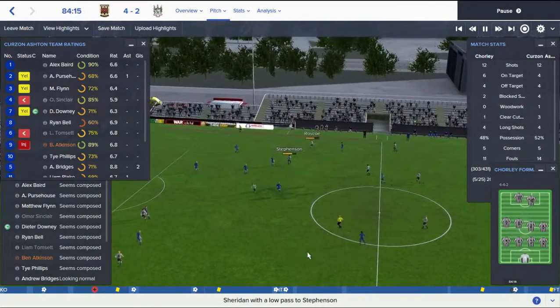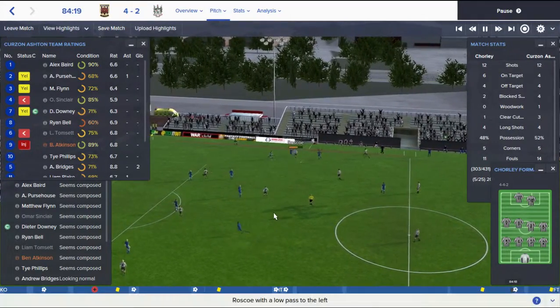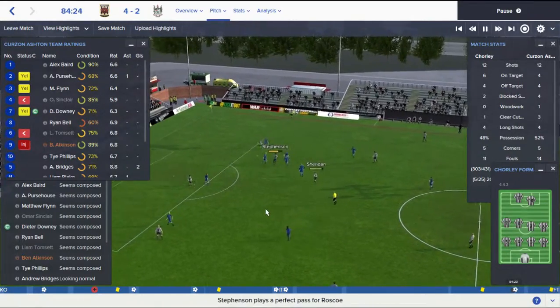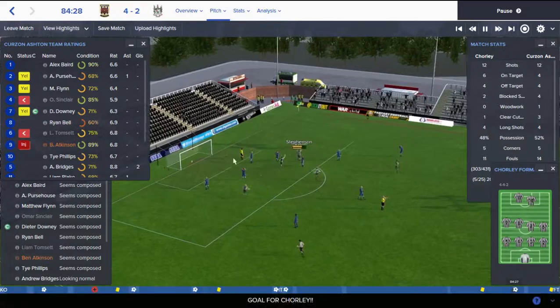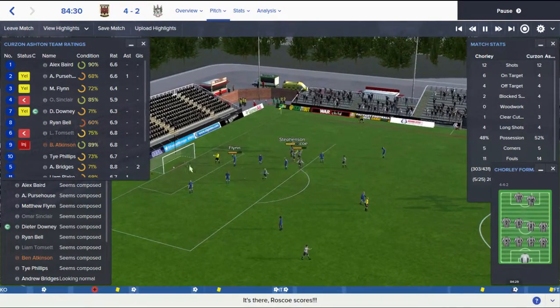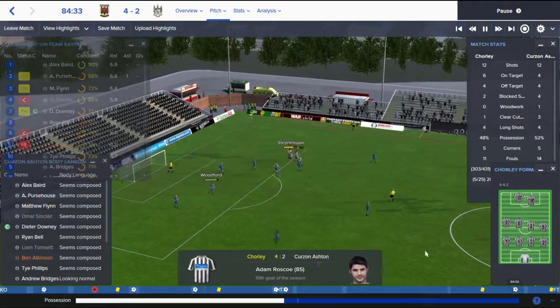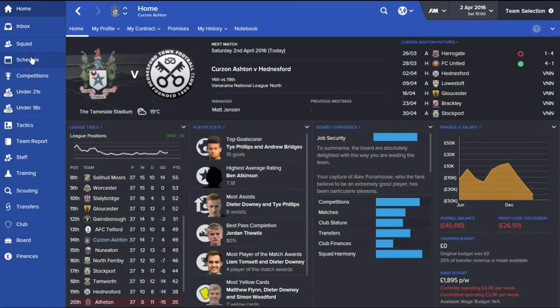And then this just for the final nail in this game's coffin. 5 minutes from time. Sheridan played in Stevenson. Roscoe was in. This is after I took Sinclair off and put Woodford in and moved Flynn across to the covering defender. Probably didn't work. I put him in at centre back even though he's a right back by trade. And that was this game. Then